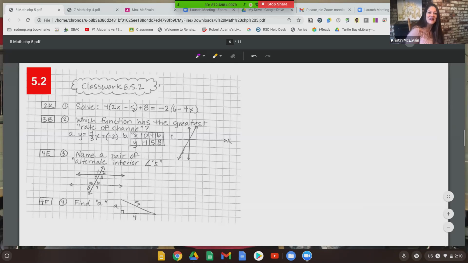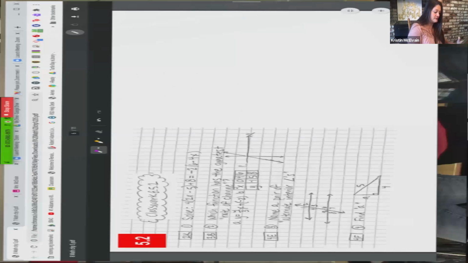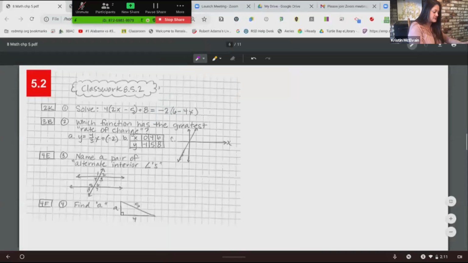All right, so here we are. 5.2 classwork. First one here we see is to solve. Oh, I've got to flip my. All right, I need 2 hands. Flip it on around. And whoops, I am ready to go. All right, number 1